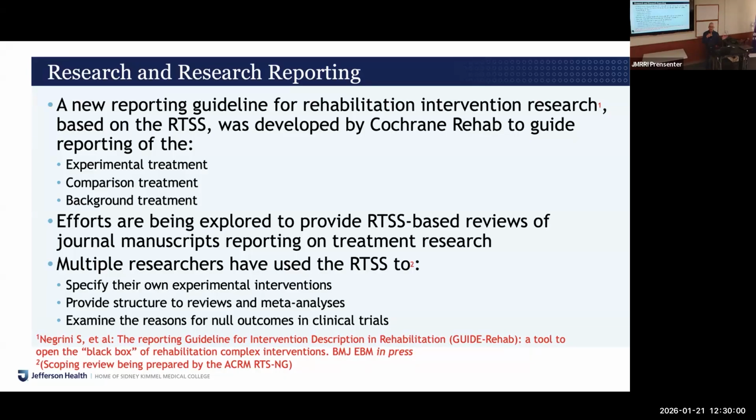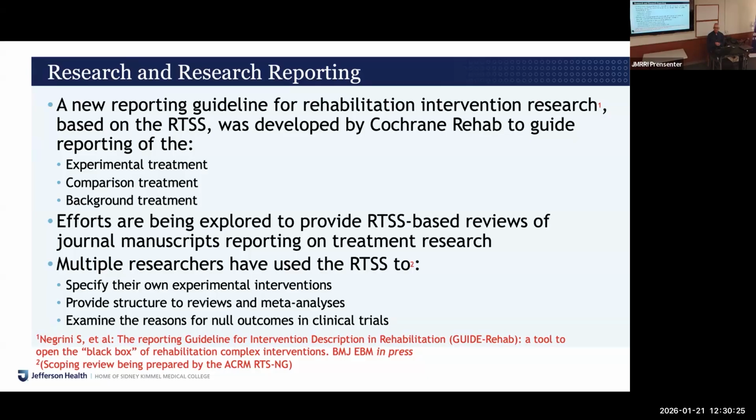So essentially, it asks you for the comparison treatment to tell us in as much detail as you can, but paying particular attention to ingredients that might overlap with the active ingredients that you have already defined well. So if you can't tell us about everything, pay attention to whether they're getting the same treatment in that group too, right? And then thirdly,